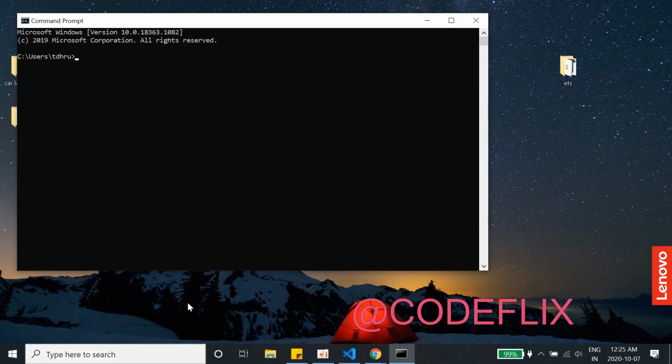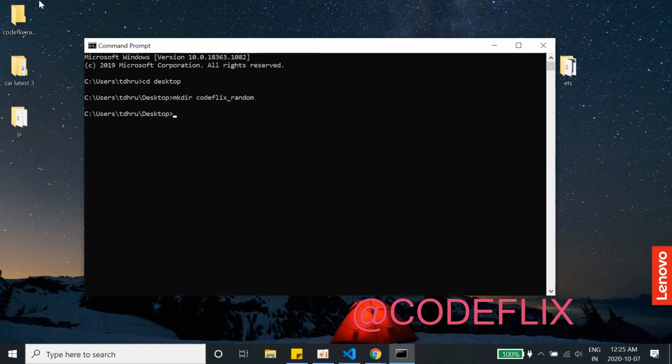I'll write cmd and go to the desktop path. So I am here in desktop and I'll make a directory. Let's say we give our package name. We will be making a package which generates random numbers. So let's make the name codeflix underscore random as a directory.